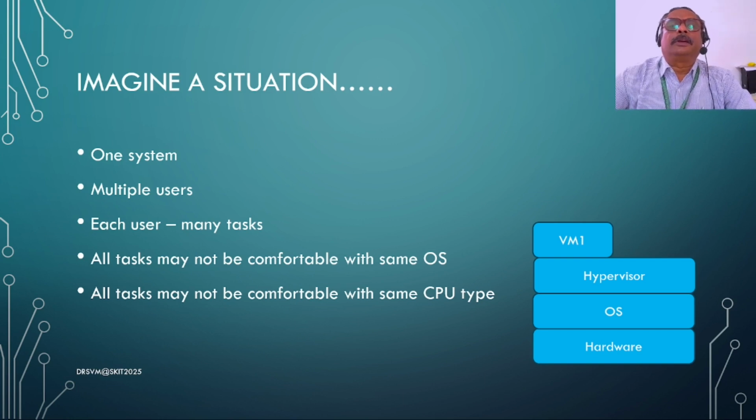So the user wants one type of CPU, we have one type of CPU in reality. So virtual CPU, real CPU, there is translation required, yes we are doing it through the hypervisor. Then we have an operating system which is installed physically on the system, and the user wants some other operating system. Then instead of saying no, let us say that you have your own operating system with us, so nothing to worry. So we create an environment as if the whole system is working on that particular operating